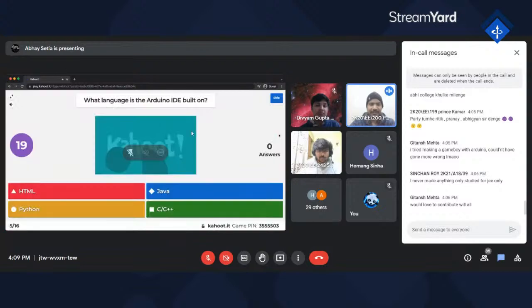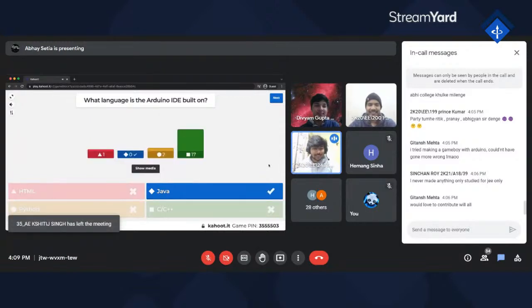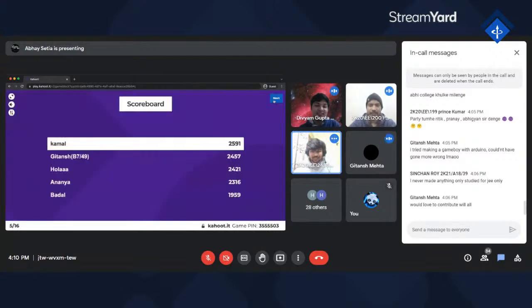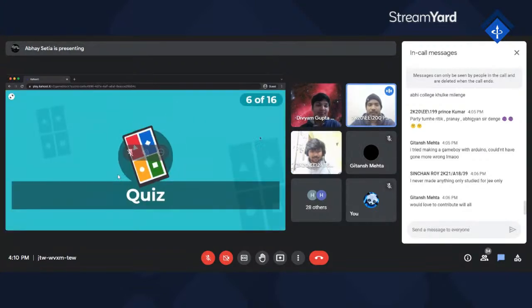Now fifth, which language is the Arduino IDE built on? This is the most simple question, I guess. पर ये सिंपल है, but it's a tricky one. ये नहीं पूछा है कि Arduino में हम लोग कोड किस में करते हैं। Arduino IDE हम लोगों ने बनाया किस पे था, मतलब जिसने भी बनाया था। सबने वही गलती कर दी है, सबने C++ कर दिया। Zero people have answered it correctly. हम लोग उसमें कोड C++ में करते हैं, पर वो बनाया गया Java में है। Syntax is very simple. जो फंक्शंस हम यूज करते हैं वो होते हैं C++ बेस्ड.